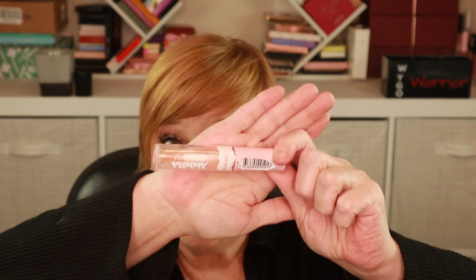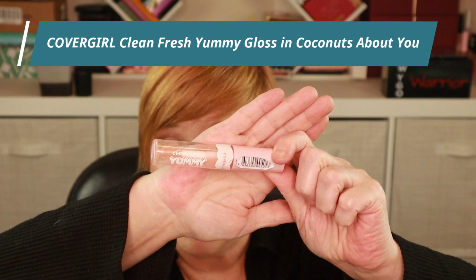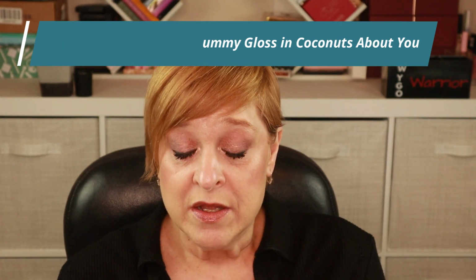All right, next we have a frequent flyer. This is from CoverGirl and is the Yummy Gloss. This is so good. This is the second, possibly third one I've emptied. This is in the shade, or I guess scent, Coconuts for You or Coconuts About You. Yes, 450 Coconuts About You. If you like the scent of coconut,